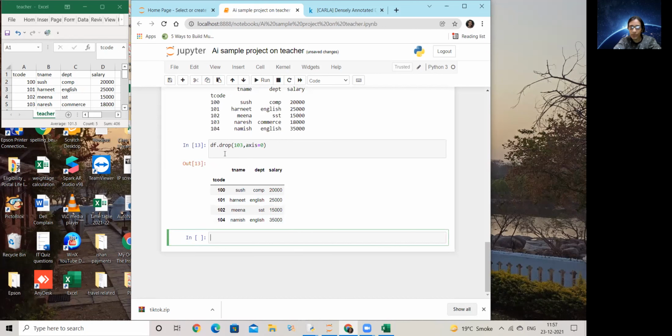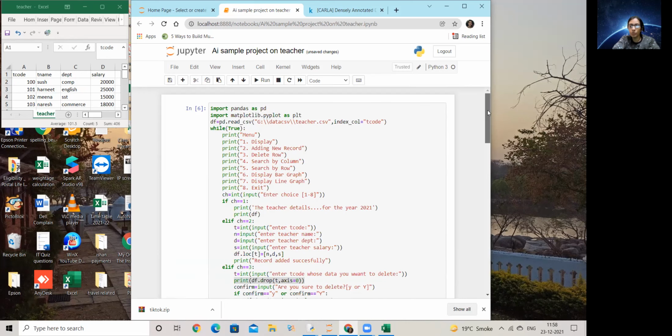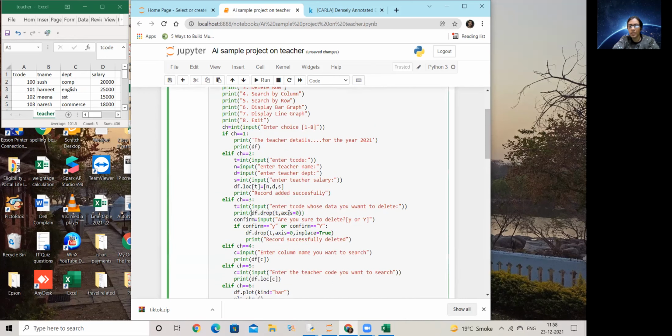Okay. Now, did you see that it immediately gave me an output? Immediately means the output of this code is coming to me, it is showing in the display, right? If you want that to happen, then you have to use the print command in the code. If you do not use the print command in the code, then the output will not be shown to you. So you just said, okay, enter the code you want to delete. It entered, and you did not show the print also. So now it has dropped it, but no output. So you don't know whether the thing has been deleted or not.